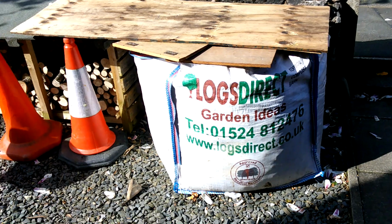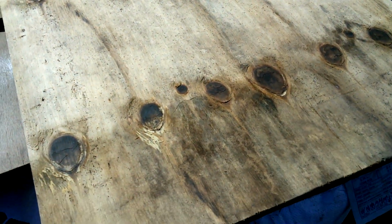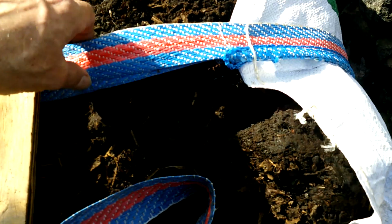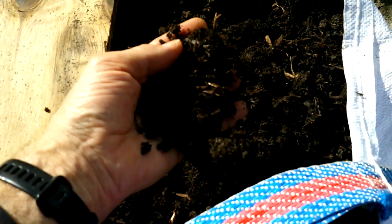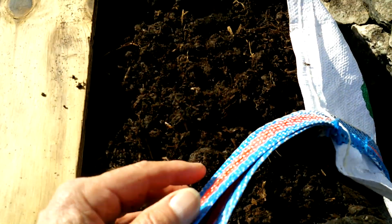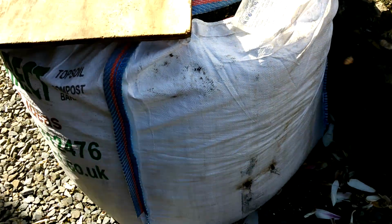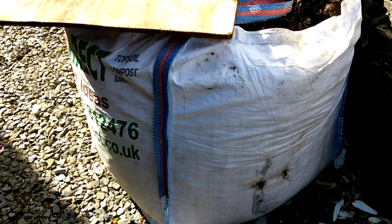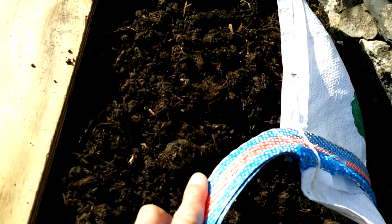So I've put some boards on just because we had some heavy rain, just trying to keep the worst of it off. It was 75 quid delivered. As you can see, it's a full dumpy bag, about 600 weight or something. I'm not quite sure, but anyway, I'm going to use it on the beds,